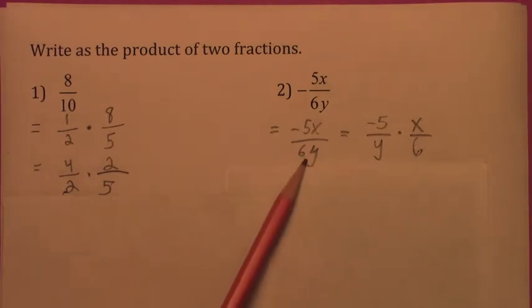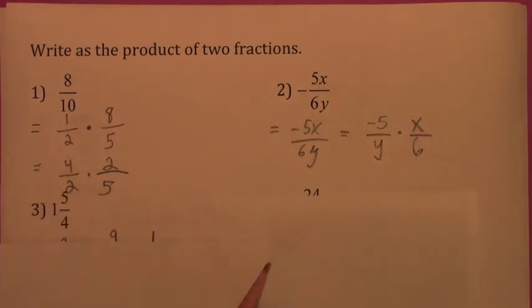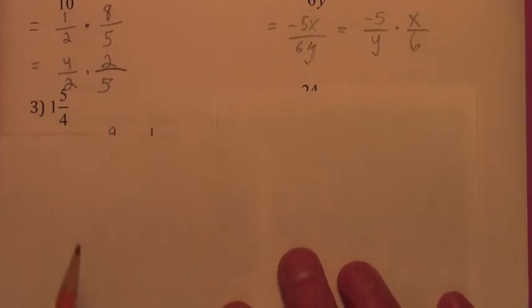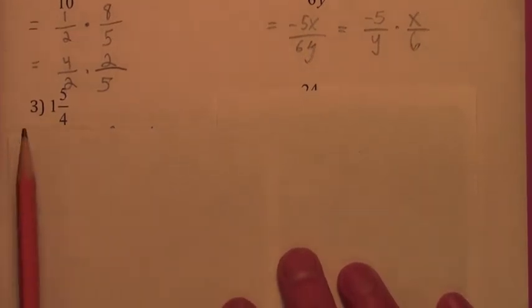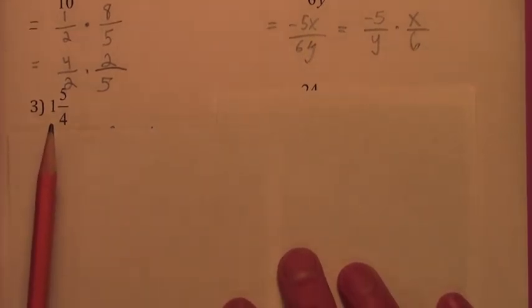There's lots of ways to do it, aren't there? Here's one. On your homework, your answer might look different than the back of the book because you may have chosen different ways to break it up. How about this one? If you wanted to write this as the product of 2 fractions,